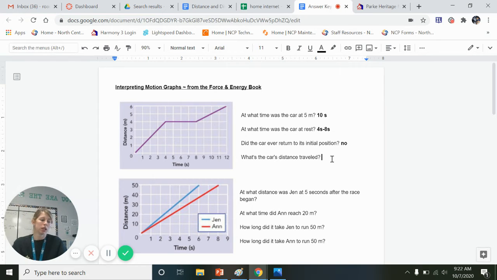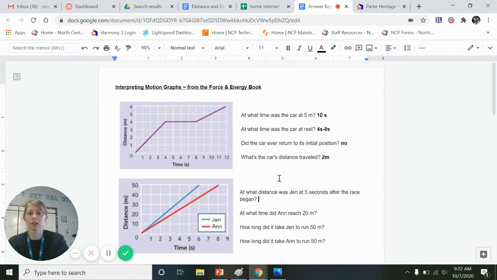Okay, so Tuesday, we discussed the difference between distance and displacement. And we said that distance is the total amount an object travels. So all that it traveled. And this one's pretty simple because it only travels in one direction. So we just have to look at how far, where does it end? And it ends at 6 meters. And so this car, it went 4 meters and then it stopped and then it went another 2 meters. So from 4 to 6 is 2 more meters. Okay,